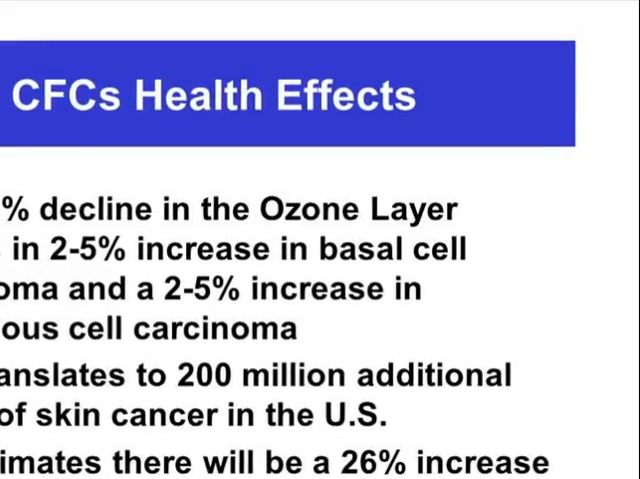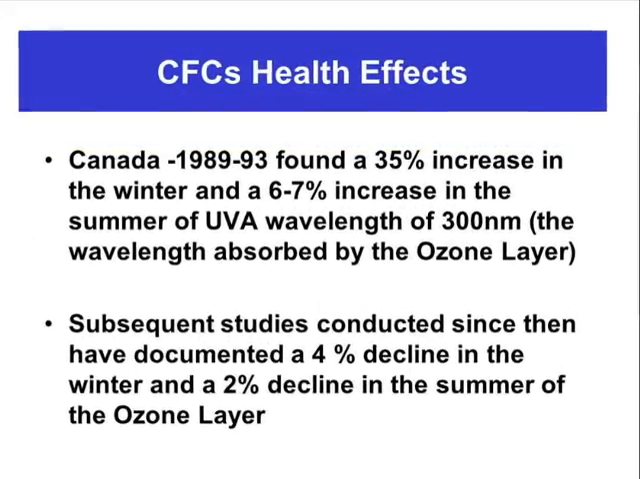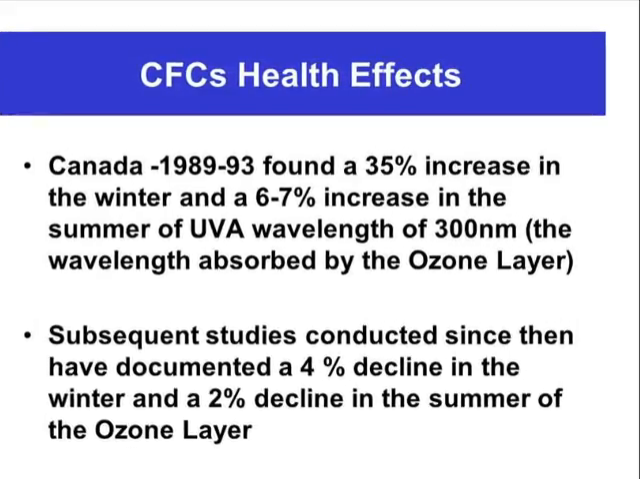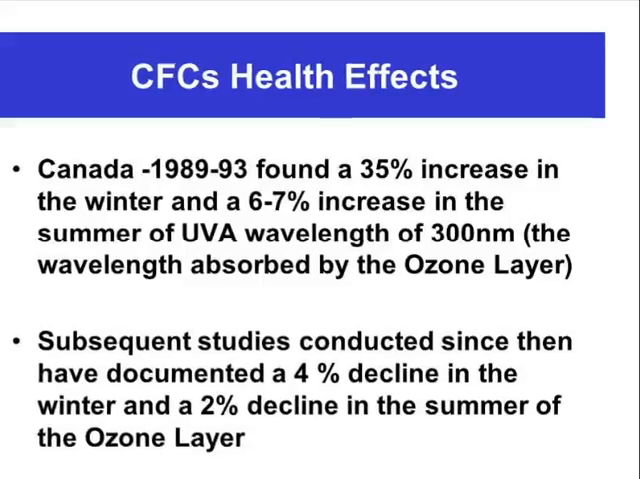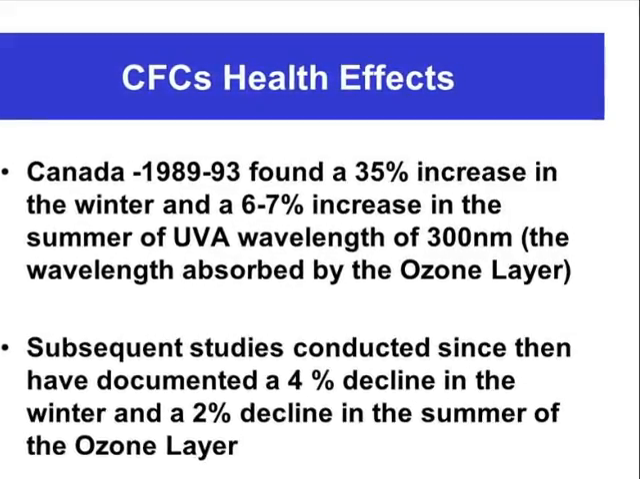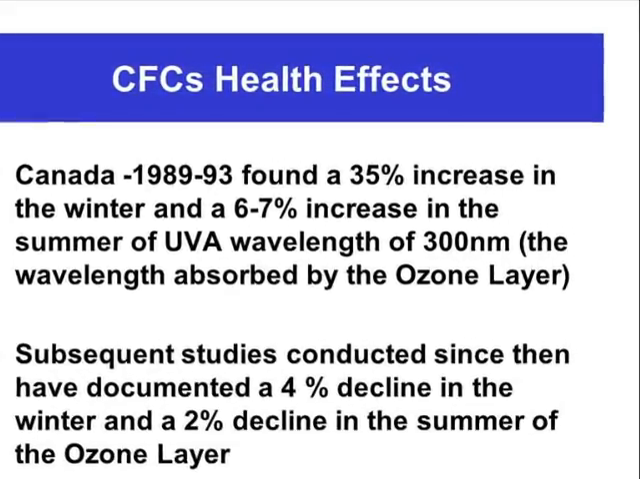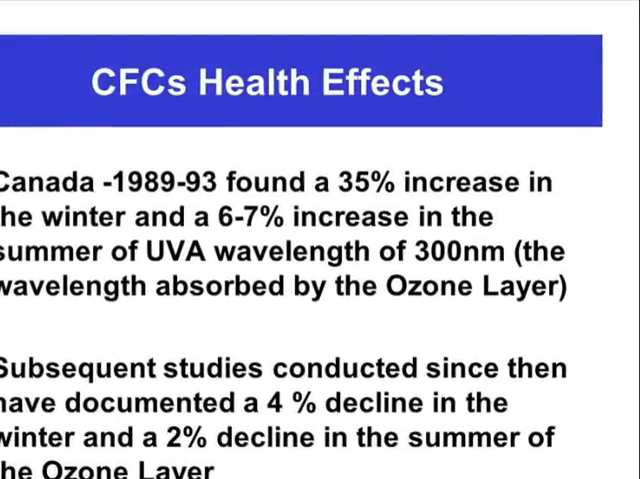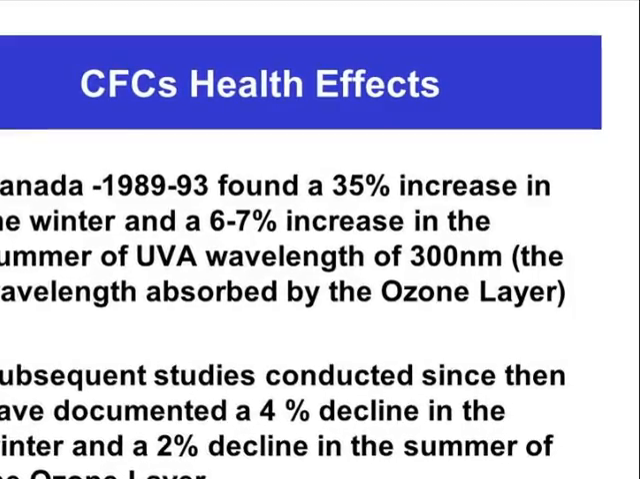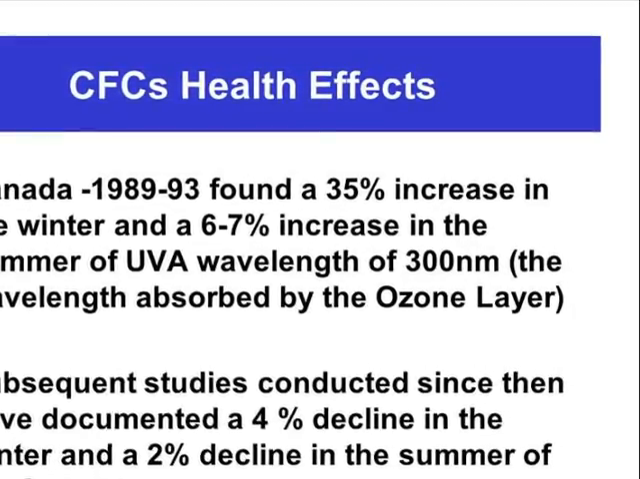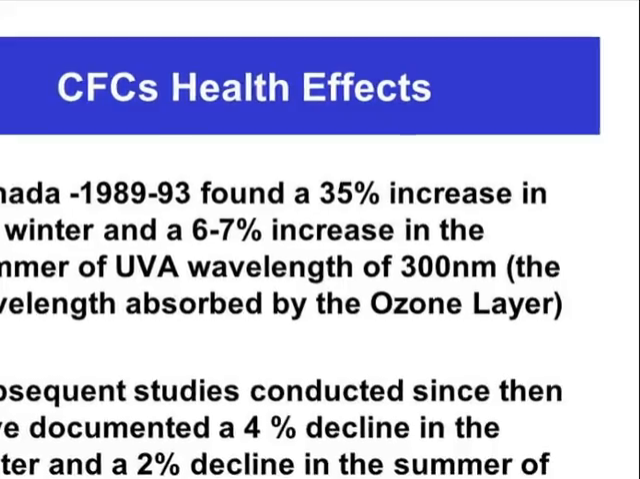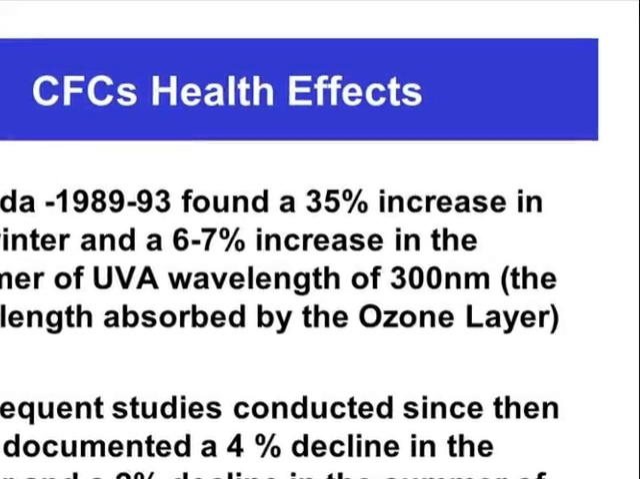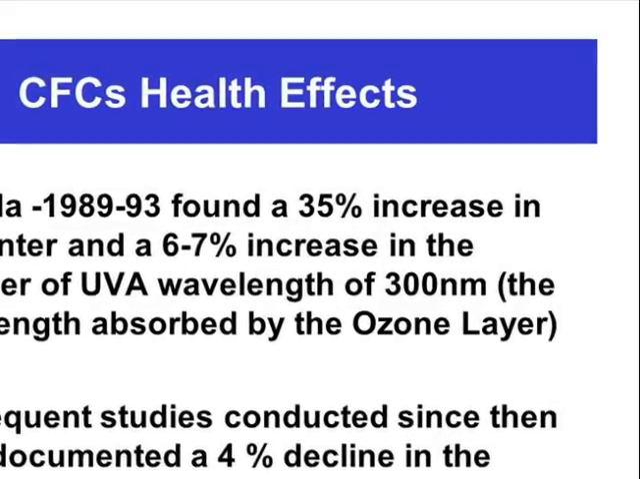So again, this is another example of where we are really seeing health effects and action had to be taken. A Canadian study found a 35% increase in the winter and a 7% increase in the summer of UVA light of the 300 nanometer wave spectrum, which would normally be absorbed by the ozone layer. Subsequent studies conducted since then have documented a 4% decline in the winter and a 2% decline in the ozone layer. And some of that is because of some of the actions the global community took in terms of regulating